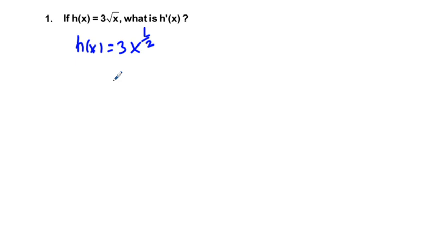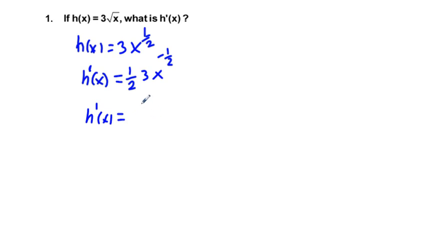And now we're going to change this to h prime of x. Now you've got to put h prime of x or something, the derivative. H prime of x is the easiest way to write this. So you take this 1/2 out front and multiply it by 3, and then you're going to have x to the 1/2 minus 1, or negative 1/2 power. So that's going to simplify to h prime of x